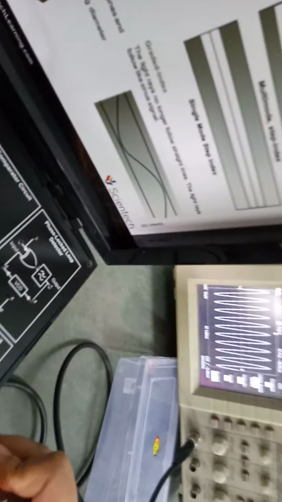In the output section, with the help of the power amplifier, the strength of the signal gets increased, and we are getting the same signal. So as you can already see, whatever input we are giving, that input we are getting as an output. So this is the